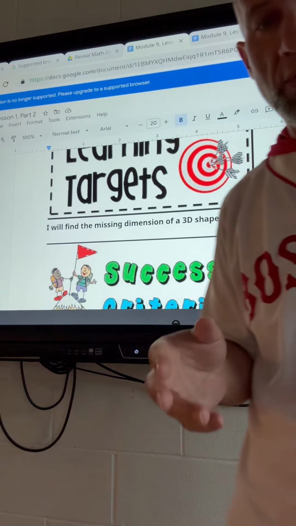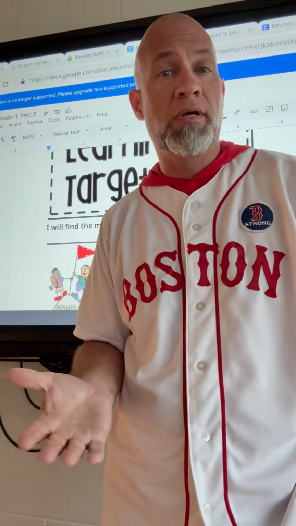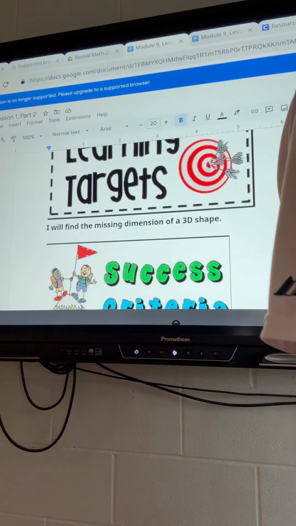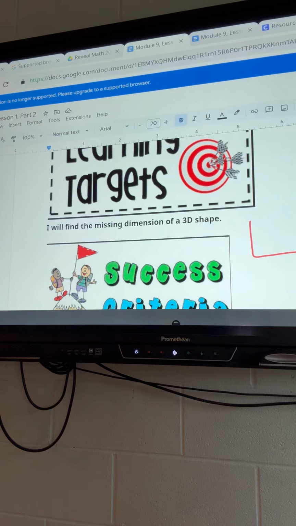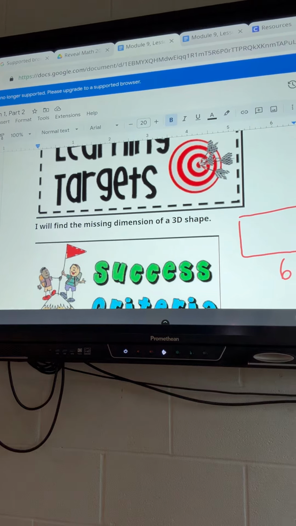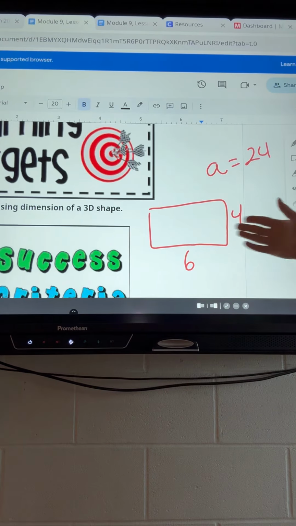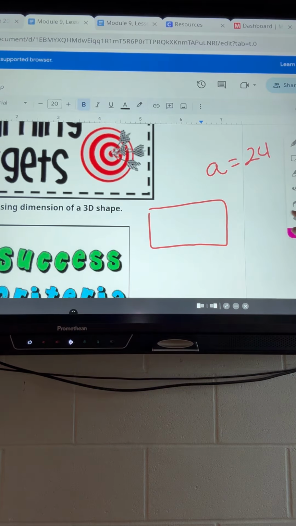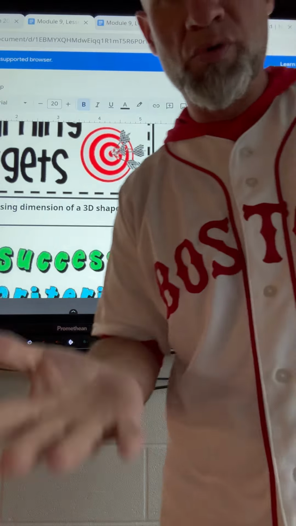So very similar to when we had to find the missing side, we were given the area. So remember back in the day when we had a rectangle and we knew the area of the rectangle was 24 and we knew the length was 6, we had to figure out that the height or the width was 4, right? So that's what we're doing, okay? So similar, we knew the area was 24, the length is 6, obviously the width would have to be 4. All right, so we're doing that for